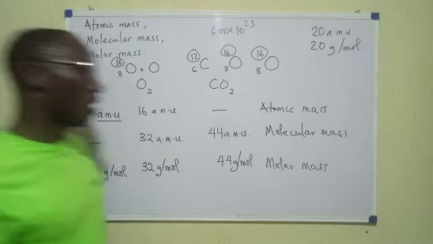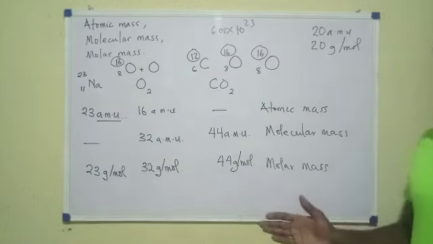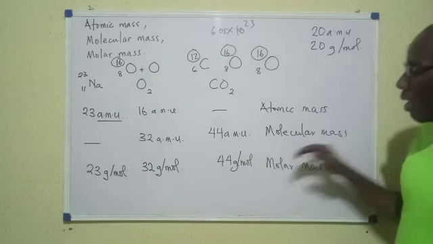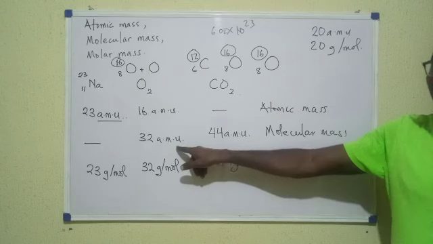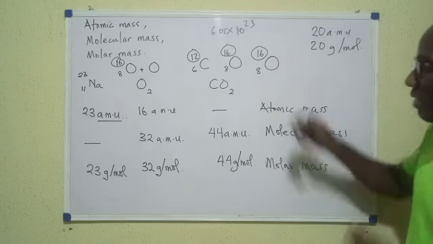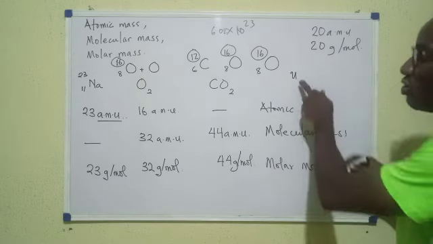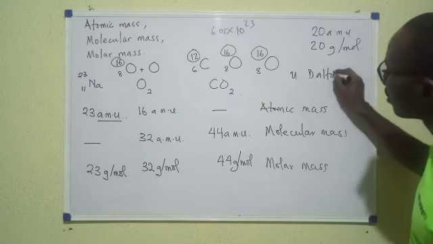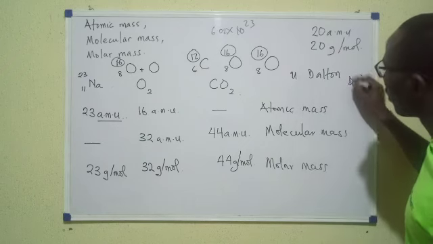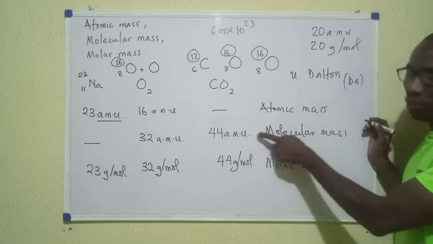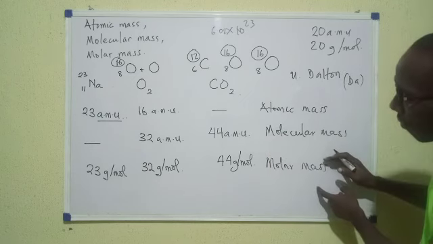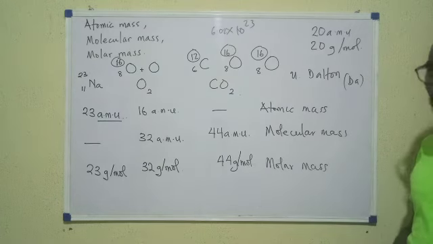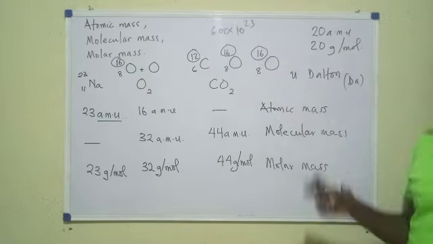So according to what you have on the board now, you may need to study this after now. This is atomic mass, its unit is AMU. Molecular mass, its unit is AMU. This AMU, like I said, can also be written as U, which is unified AMU, or as the Dalton, alright, Da. So which means 1 Dalton is 1 AMU. Then for molar mass, it's usually measured in what? Grams per mole. So that's the difference between these three terms.